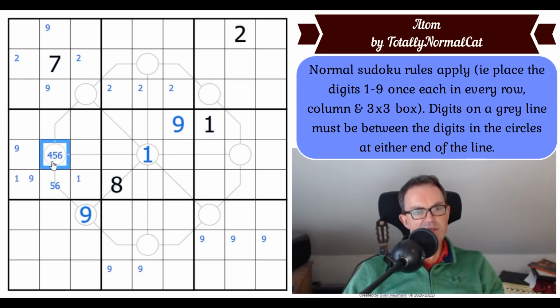Okay, so now if this is 4, 5 or 6, what is this one? Well, it's not 2 for many reasons, but I think it could be 3. If it's 3, this would have to be higher than 3 because we've got to get up towards a maximum value. But this could be 4 or 5. If that's 4, this has to be higher than...